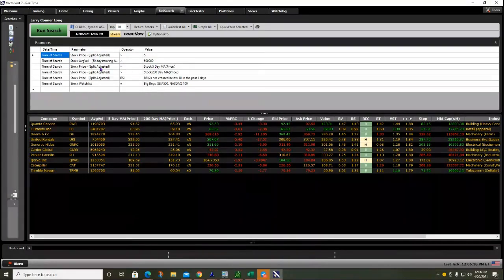Now, here's the deal. Price is below the 5-day moving average. It's above the 200-day moving average, and the RSI has crossed below 10 in the past 1 day. And we're looking for stocks in the S&P 500 and the Nasdaq 100. So they are good stocks. And that's another point. This kind of takes care of the criteria of the left to right sloping stock graph. So if we graph these,